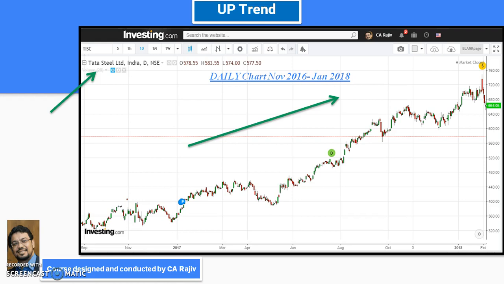Incidentally, friends, before I go further into the definition of uptrend, let me clarify that I am using this software. It is a web-based platform, investing.com. Those of you who do not have charting software, you can use this. This is a free charting platform available. Just go to investing.com and register yourself, and it is a free registration, and you can use this price chart